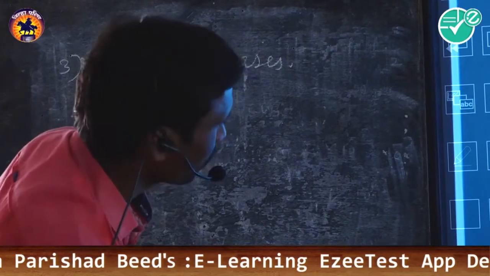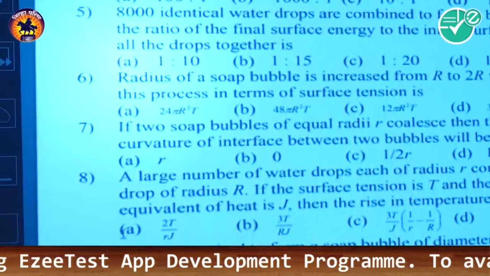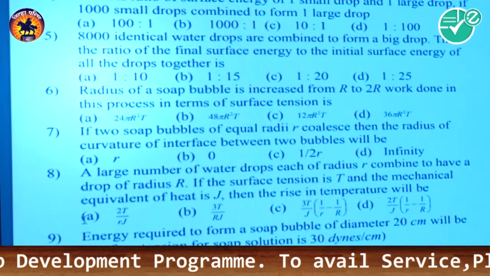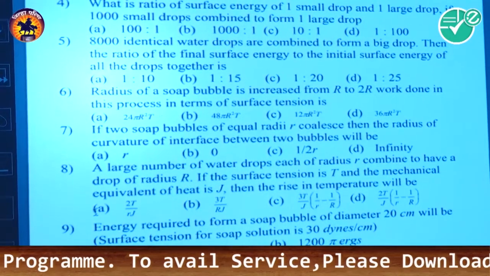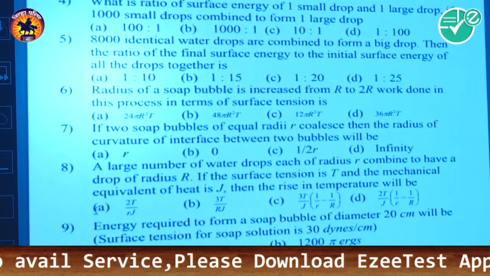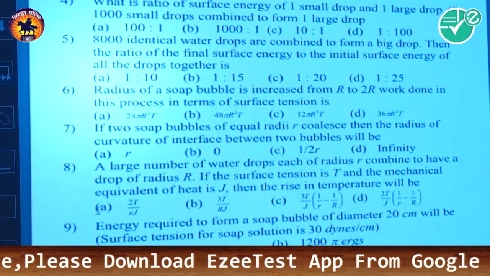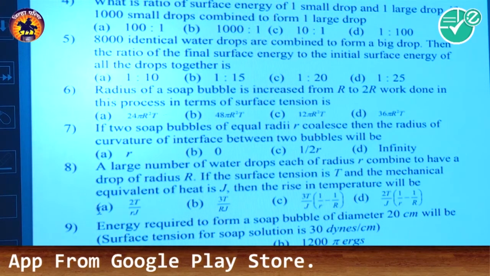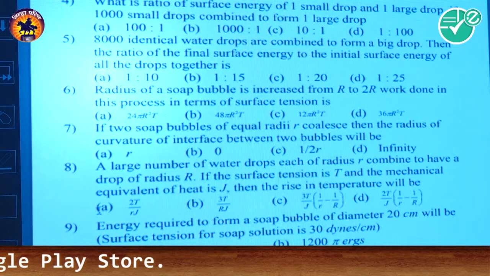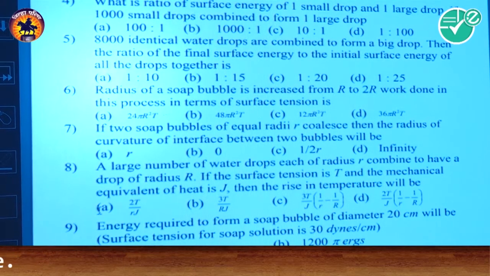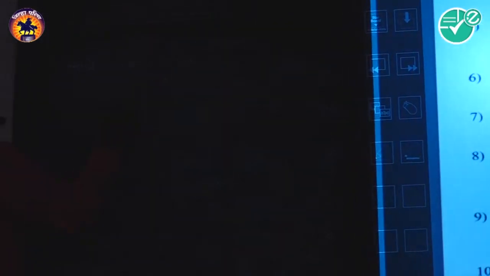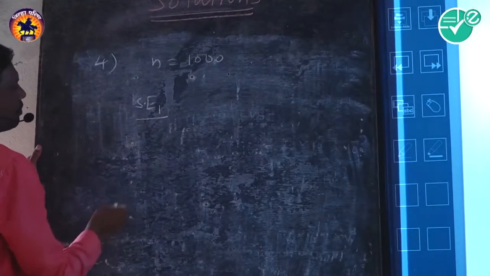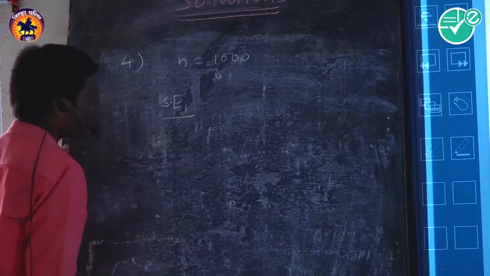Then the fourth MCQ. What is the ratio of surface energy of one small drop and one large drop if 1000 small drops combine to form one large drop? The number of drops given here is 1000, and we have to determine the ratio of surface energy of one small drop to the large drop. Consider the surface energy of one small drop as S1,